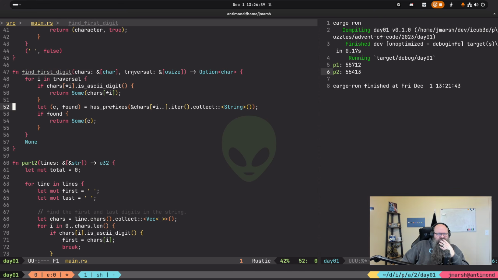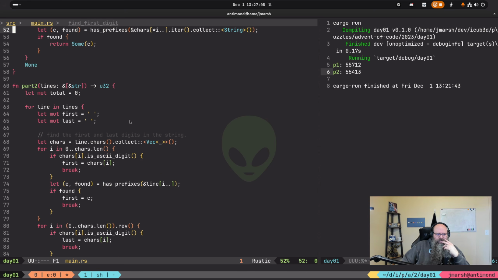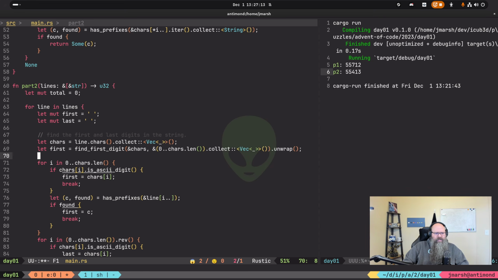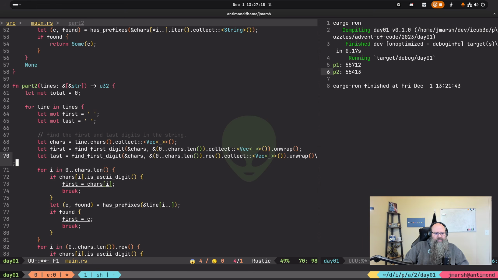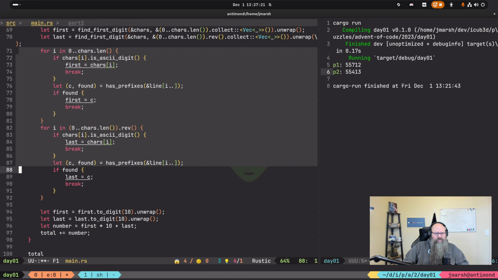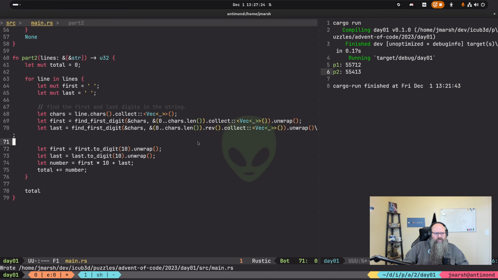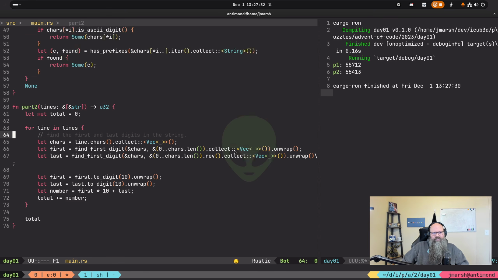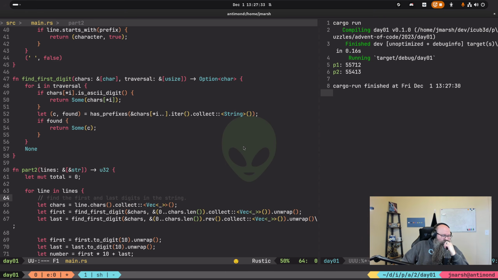Okay, so I have the characters, then I have a traversal order. And now I just switch the traversal order. So you'd say like let first equal that. And then let last equal the same thing, but in reverse. Yeah, okay, that produces the same results. So that one's not too bad.